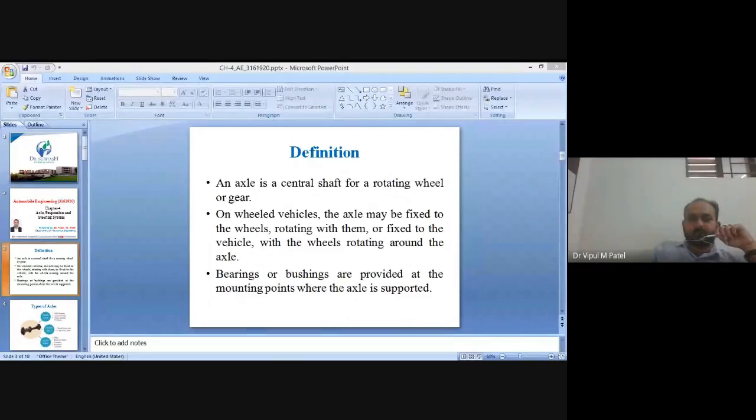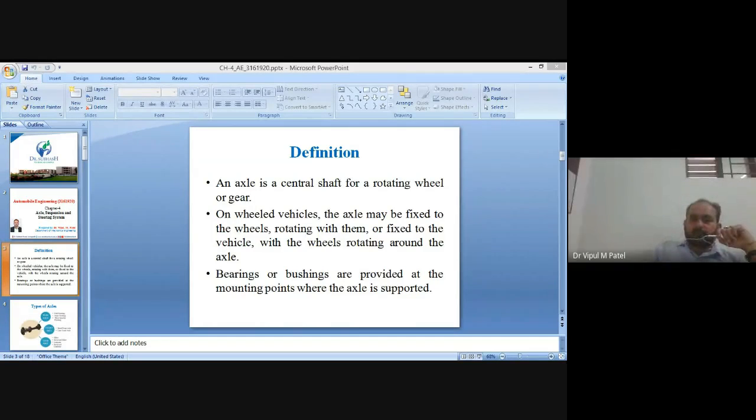I will show you the figure of the semi-floating axle in the next slide, and with the use of that you can easily understand these things. What is the structure of the semi-floating axle? Yes, we can say that the wheel is often bolted directly to the flange on the axle. Semi-floating axles are seen on cars and light-duty trucks. So where we are using the semi-floating axle, it will be used in cars, and also we can use it in trucks, but light-duty trucks. So keep it in your mind, remember it.